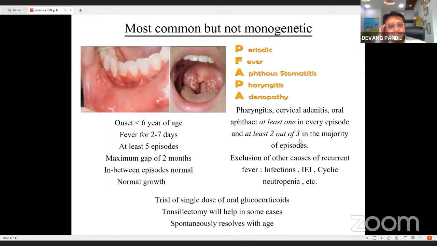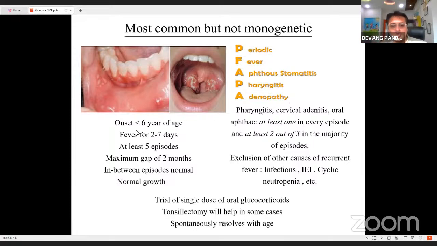And some will think that the most common autoinflammatory syndrome, PFAPA, is not covered, because this is actually the most common autoinflammatory syndrome. PFAPA is periodic fever, aphthous stomatitis, pharyngitis, and adenopathy. This is the most common presentation, but this is not a monogenic disease. A genetic test will not help much, because there are multiple reasons for this autoinflammatory disorder. So this is not a classical monogenic autoinflammatory disease, but it is the most common.